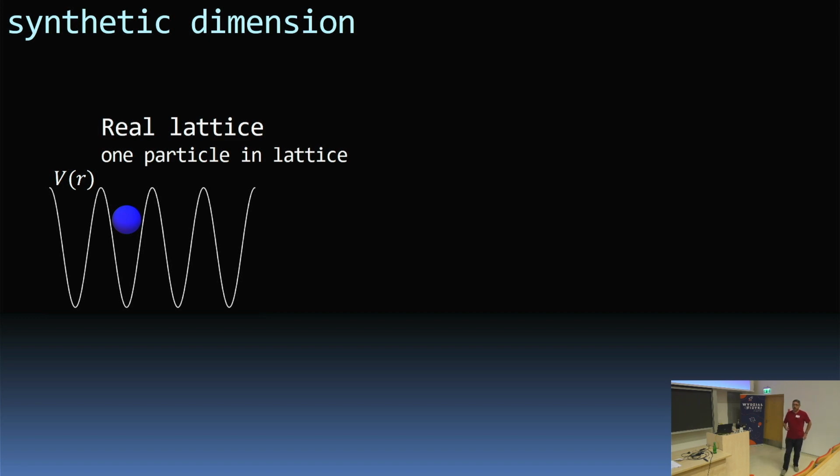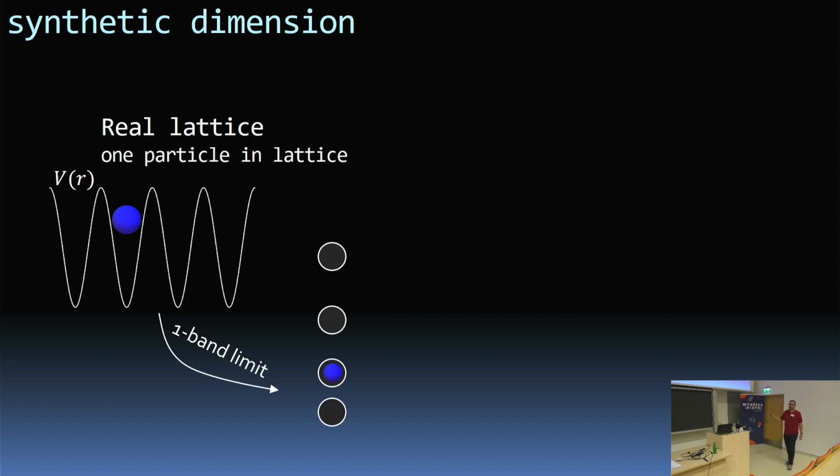So what's a synthetic dimension? First off, what's a real dimension? Just think about a spatial dimension. You have some degree of freedom, some position that labels where a particle is, right? Maybe the simplest example is to discretize space, or think about putting a particle in a lattice if you're a solid state physicist. In this drawing, there are 4 places that this particle can sit, at least in the single band limit. You have a 4-dimensional Hilbert space.